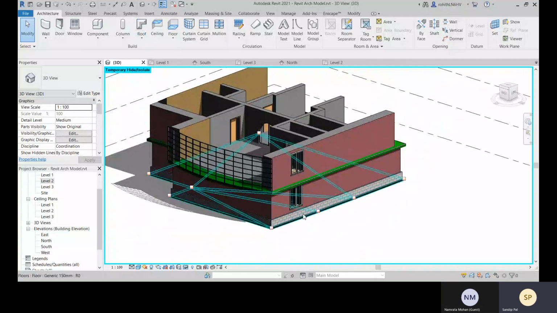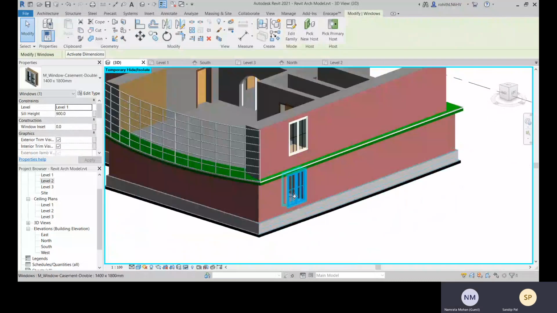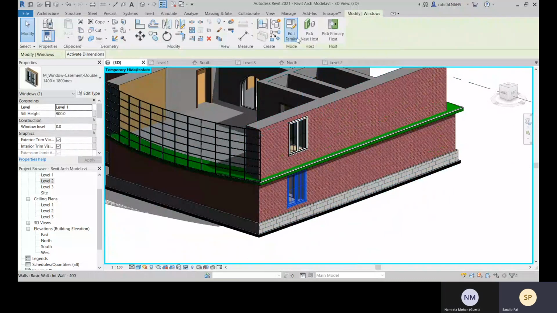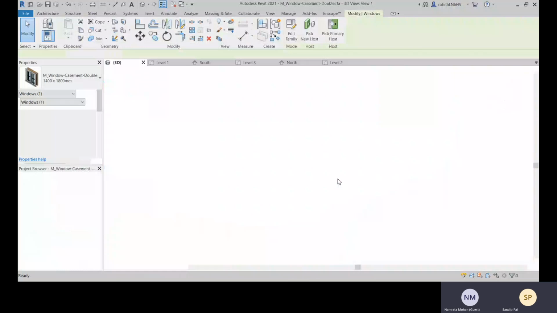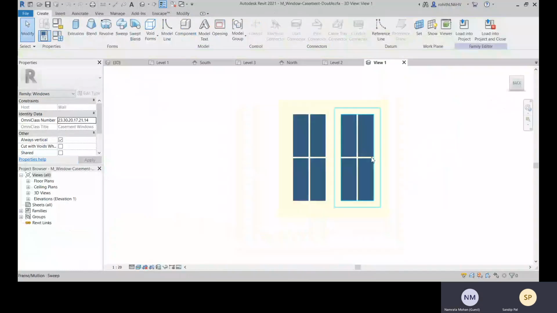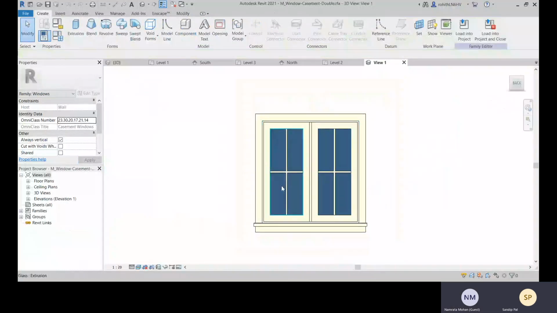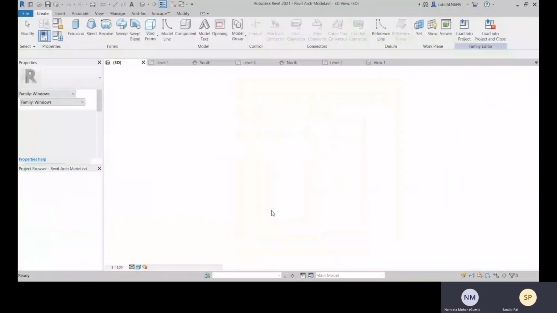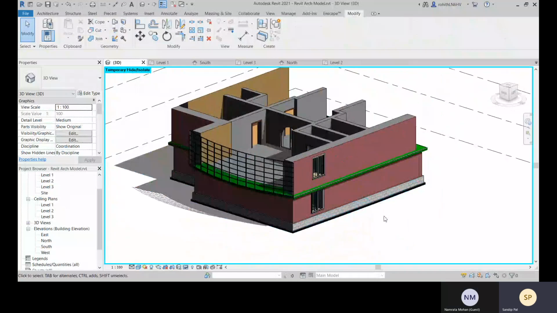And another option is there that you select this window, you can go to this edit family, and within this family you can create your Chaza profile, so that whenever you update your window, the Chaza will be updated with that window length and width. Yes, got it. So that will be a better option if you go with this one. Okay, so this is how you can create.